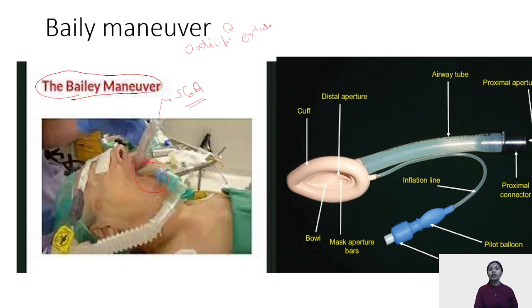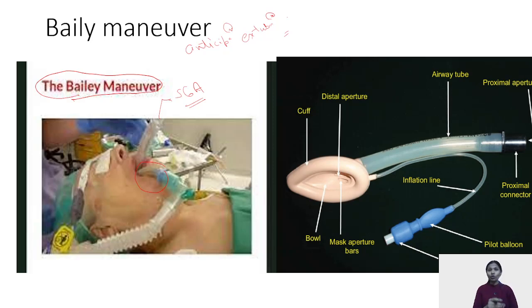In those patients, or for example in patients who have undergone a thyroid surgery and you are not sure whether recurrent laryngeal nerve palsy was present or the recurrent laryngeal nerve is intact or not, in those cases you can introduce the supraglottic airway device over the endotracheal tube. As soon as the endotracheal tube is out, the patient can ventilate itself, and thus that panicky situation of can't intubate, can't oxygenate or can't ventilate can be finished.